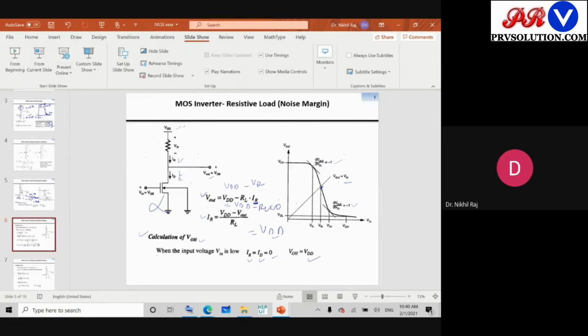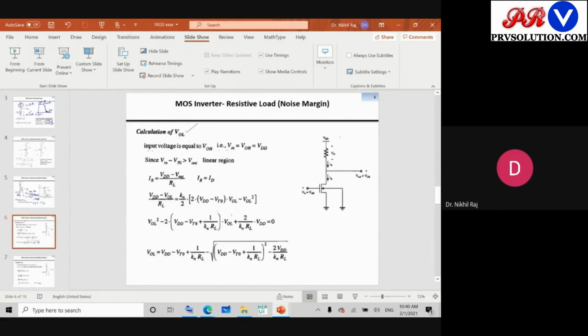Okay. Now coming to VOL. For the CMOS inverter, VOL was 0 because NMOS was conducting and we said PMOS is in the cutoff mode. Now, however, in this case, when NMOS is on, a path will be there from the VDD through R through NMOS. I cannot say this will be in cutoff mode because this is a passive device. So what will happen in this case? We'll go for the analysis.